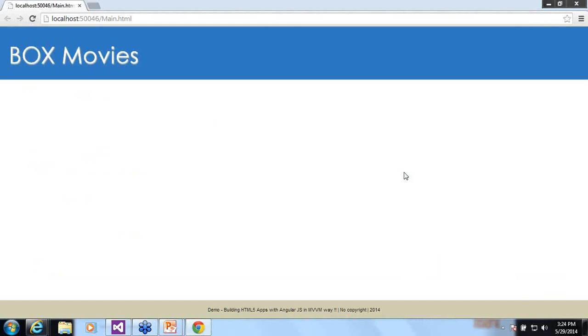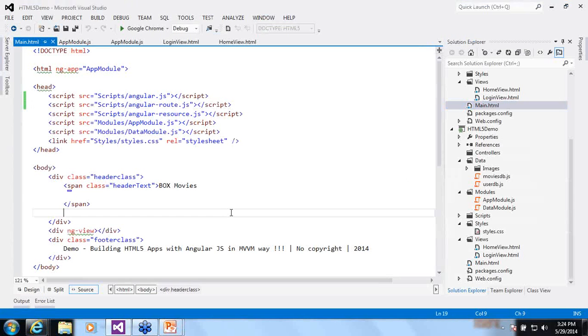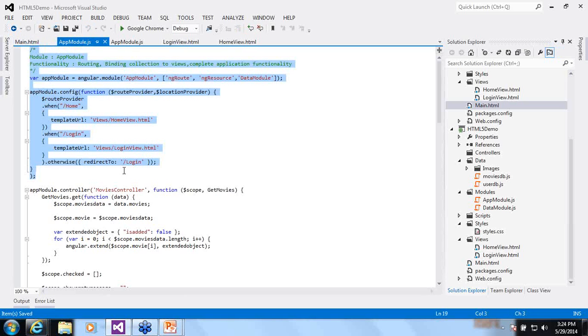Okay, now we'll see again. Okay, so this was our complete routing information.